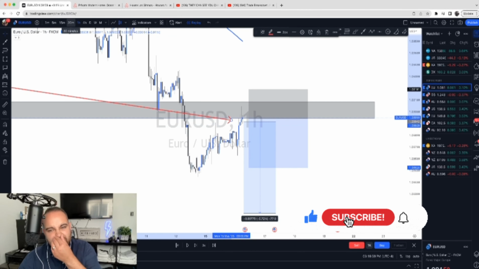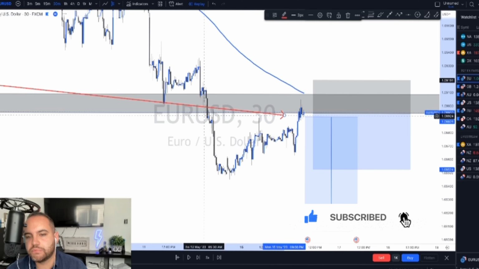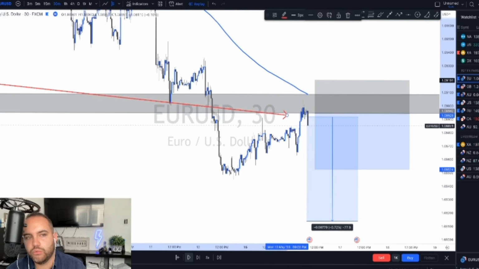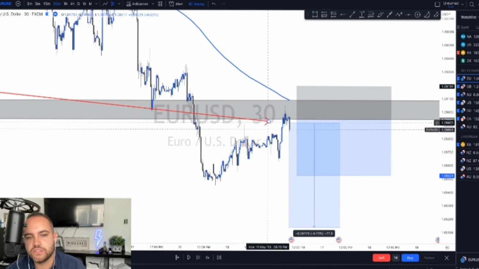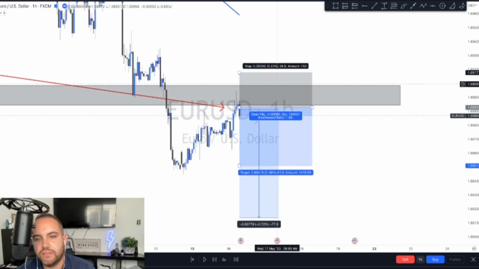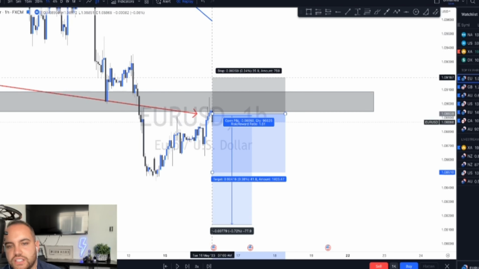Especially I would say on the 30-minute, that's a confirmation that, hey, price is probably going to reject this area. We could see a potential continuation to the downside. So look at this 30-minute, we got a huge rejection candle. 1-hour looks bearish here. This is a perfect opportunity for entry. I set my stop loss. I do a 25 pip stop. I like to do 20 or 25. I'd say 20 is fine here because we do have a lot of resistance area here.